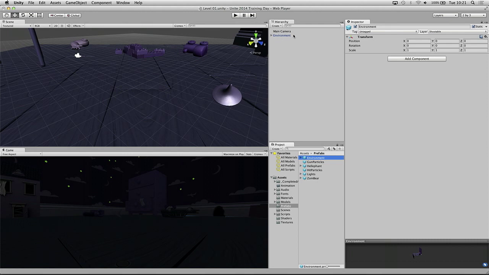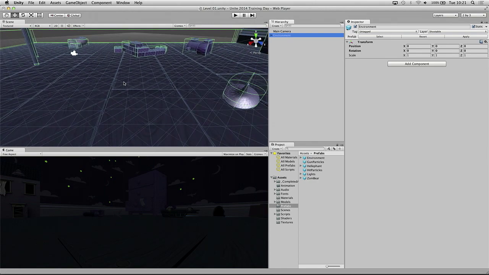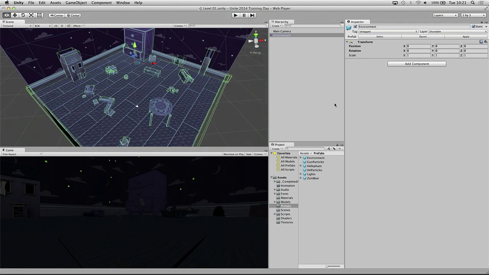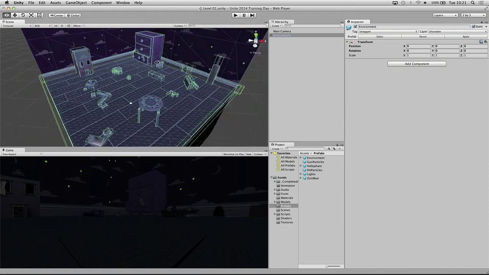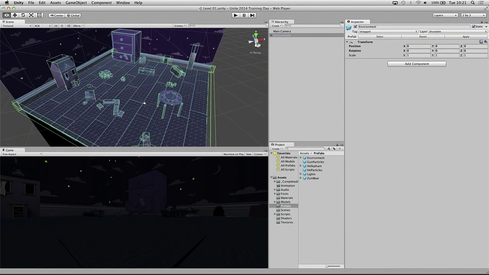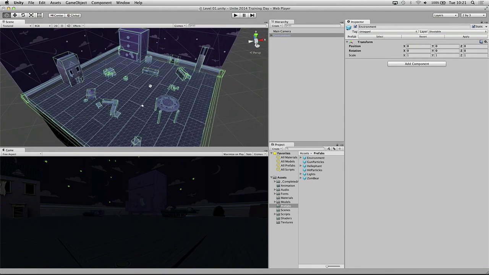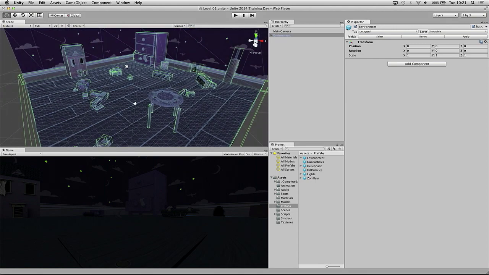So just to remind you, the hierarchy and the scene are intrinsically linked. Anything that's in the scene is therefore in the hierarchy and vice versa. So next thing I'm going to do is just to spin that around, so just make sure you've got a decent view of this level. You can use the hand tool, of course, up in the upper left, and use Control to zoom in and out, and Alt to rotate around. We don't need to worry too much about the view that you're looking at in the scene view, because we're going to set up the camera to look at a particular part of that later.